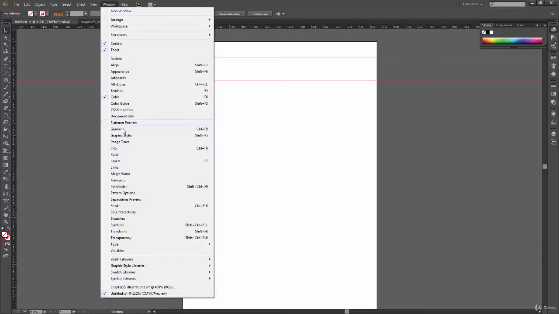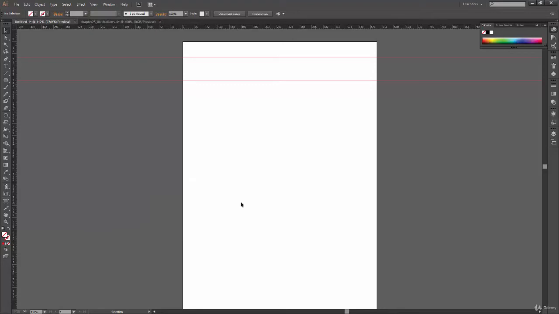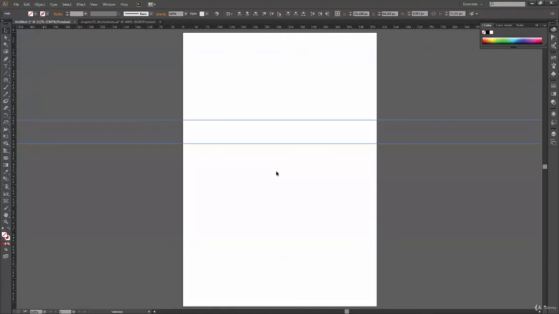I think it's still locked. So View, Guides, and okay, it's unlocked from here, but I have to press Ctrl Alt 2. Okay. So here is where it gets confusing, because if you are using two options at a time, let's say what I just did, I locked it from here by pressing Ctrl 2. I selected these two guides, and actually let me take one more guide so it will be much more clear to you guys. So I selected these two guides and pressed Ctrl 2, and these two guides are locked now. This guide is still free.